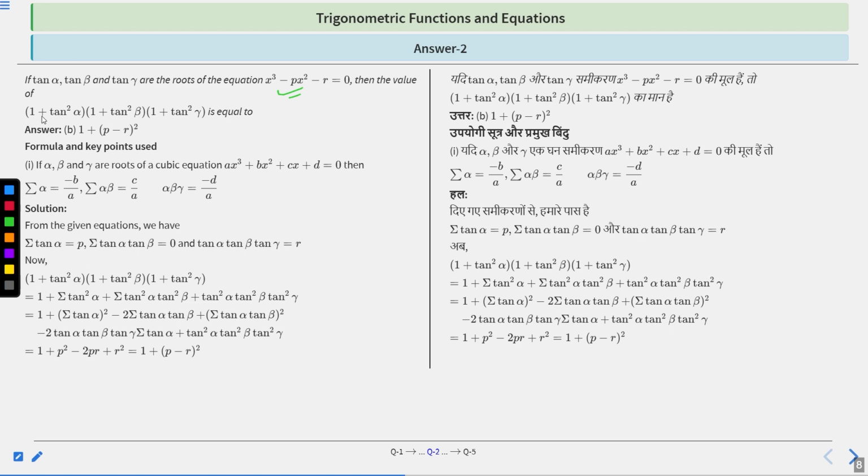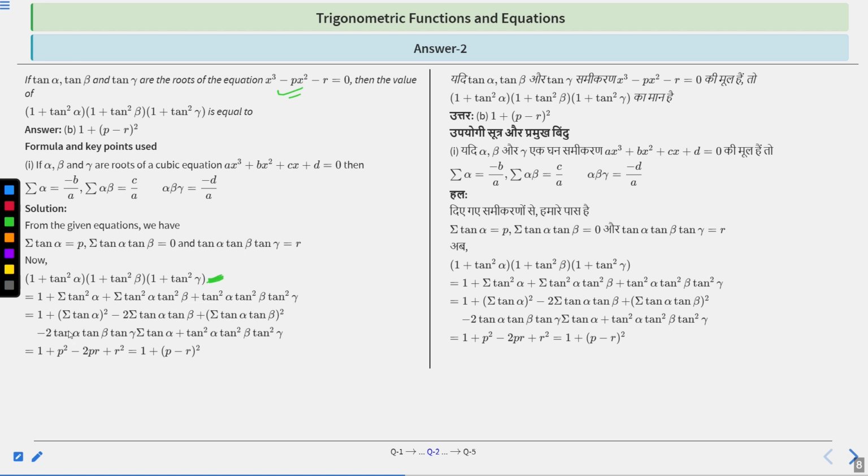Now we have to basically find the value of this expression. So let us break this expression (1 plus tan square alpha) into (1 plus tan square beta) into (1 plus tan square gamma). When you multiply all together, you will get 1 plus summation of tan square alpha plus summation of tan square alpha into tan square beta plus tan square alpha into tan square beta into tan square gamma,